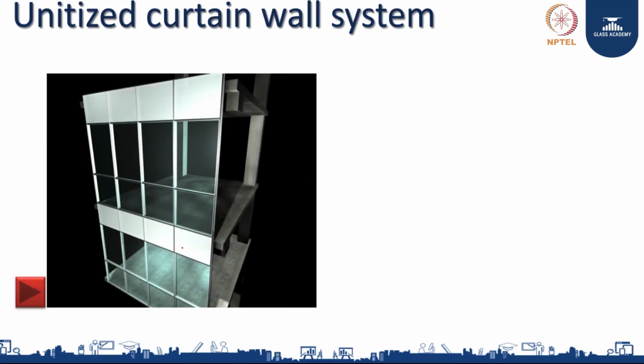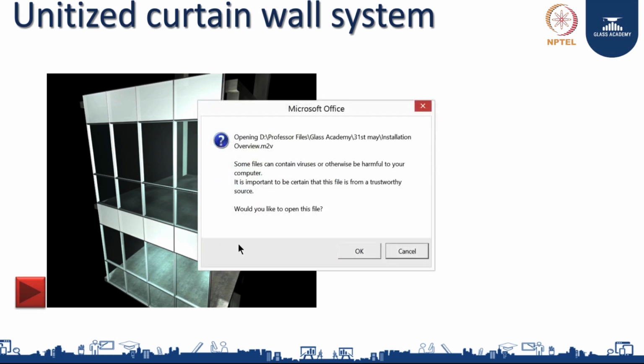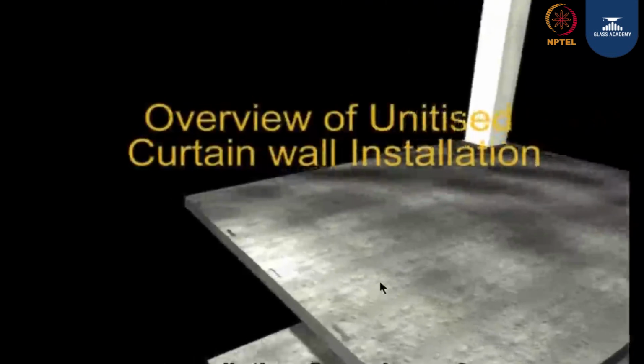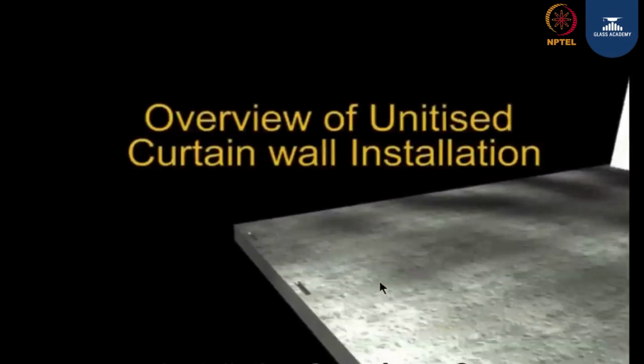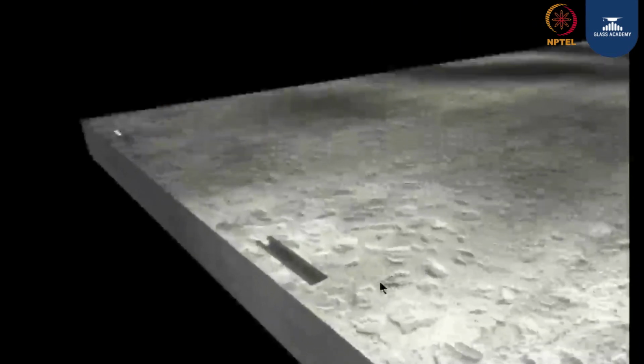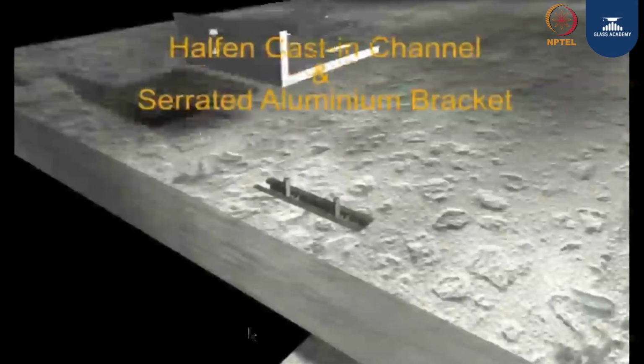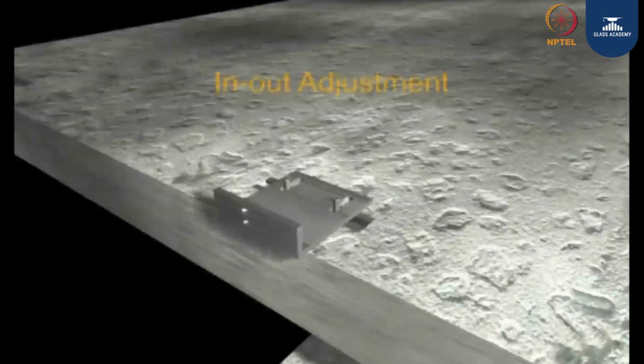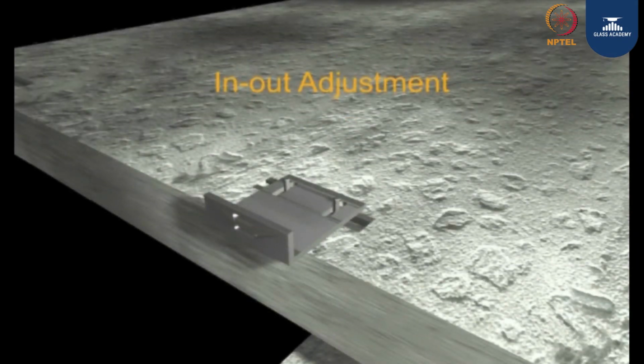Now, I am going to run a small video to show how this panel, a unitized panel, is getting engaged. So, if you run the video. So, this is the structure. Now, we put a casting anchor onto the structure. So, what they do, now they are setting the bracket. If you look at here what they have done,